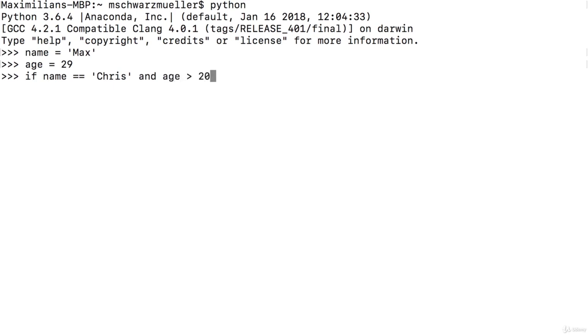Now let's say we also have an or condition here. We can chain multiple conditions. We can add as many ands and ors to this line as we need. And our or condition is whether age is smaller than 30. So what I want to say here is the following: the code, print yes, should always execute if the name is equal to Chris and we're older than 20 or younger than